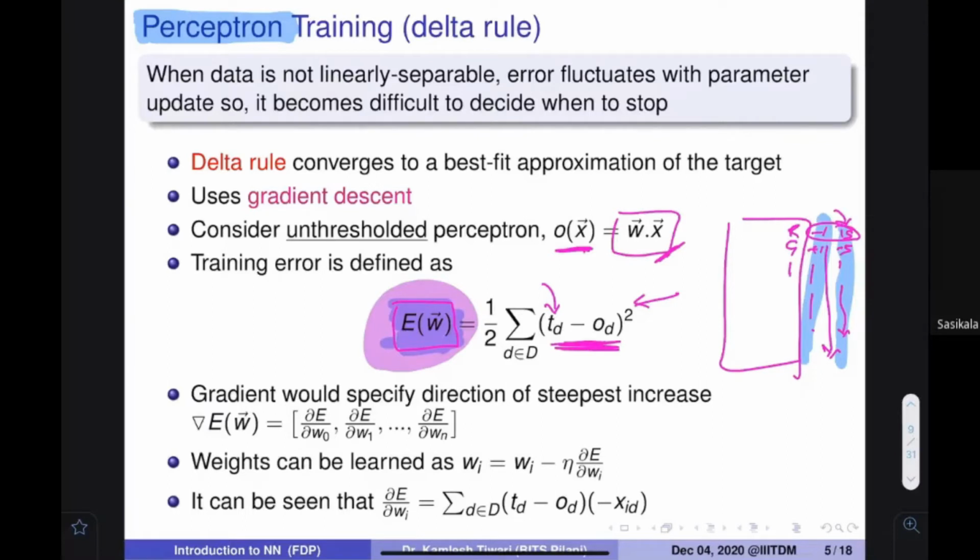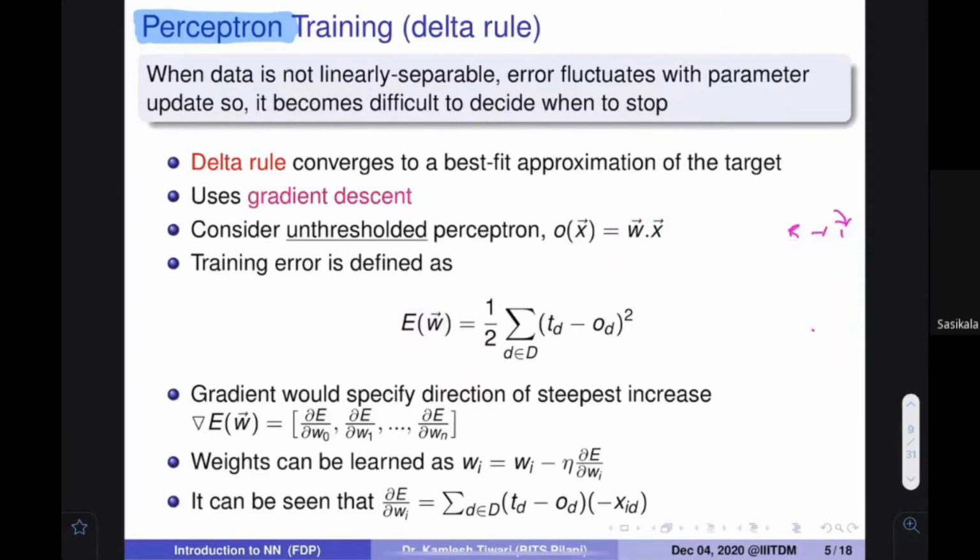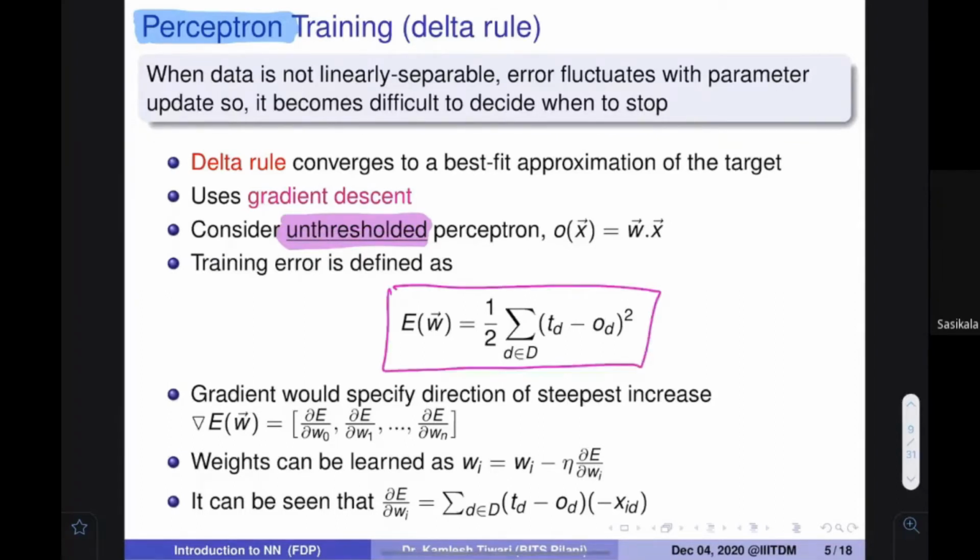So this is the last mathematics that we are going to encounter in today's session. This is the last mathematics that I wanted to tell you. So everybody understand this part, that I am going to talk about a different kind of perceptron, that is unthresholded. If I take the unthresholded one, then I get this value to tell how bad my parameters are. So if there is a misclassified example, I have to change the W's in such a way so that this value actually reduces. Make sense?